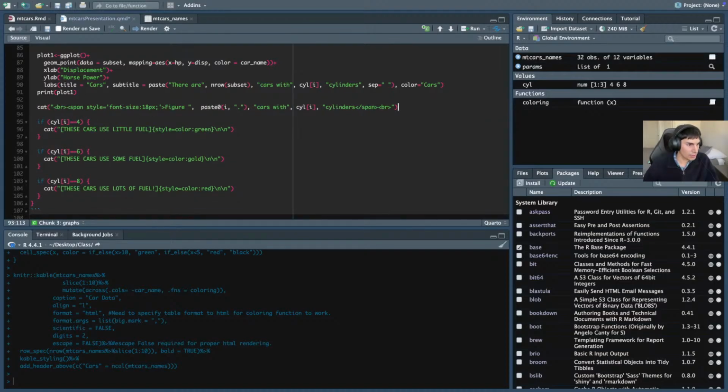And next we will also have to change maybe a little bit of this. We'll have this code be HTML too, so we'll have to do it again. Span, style equal, font size, 18 pixels,